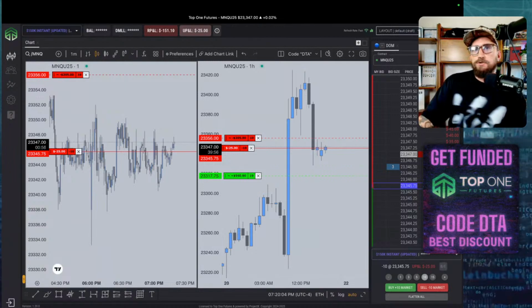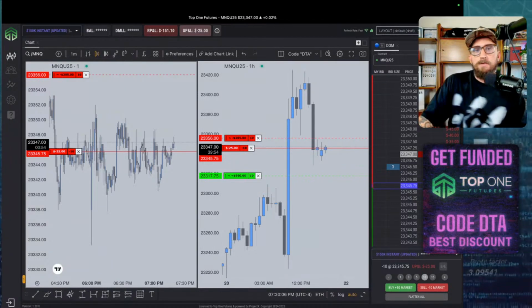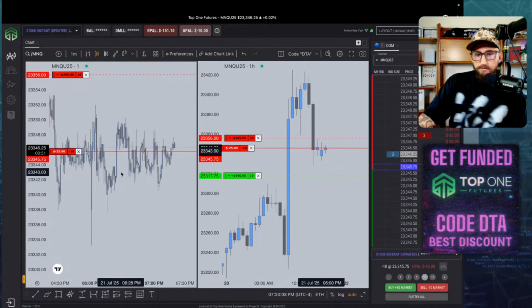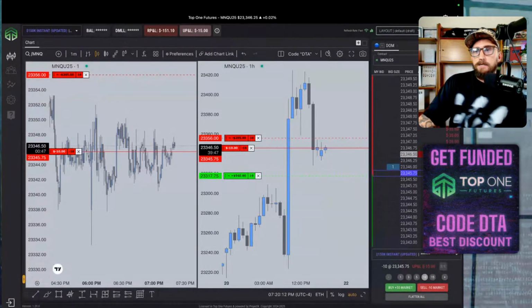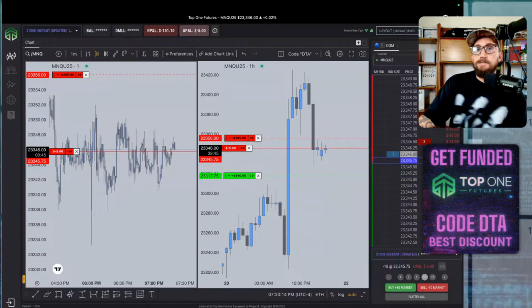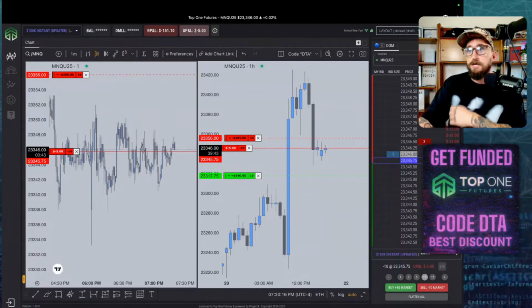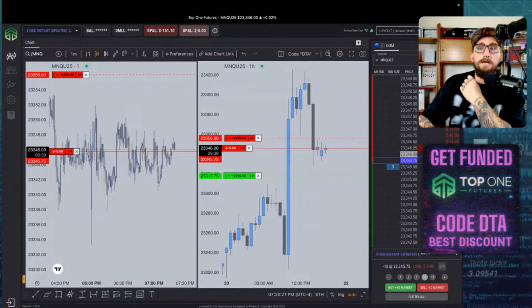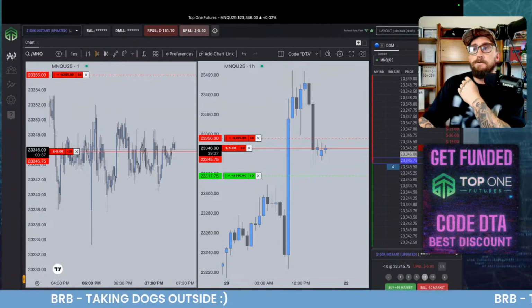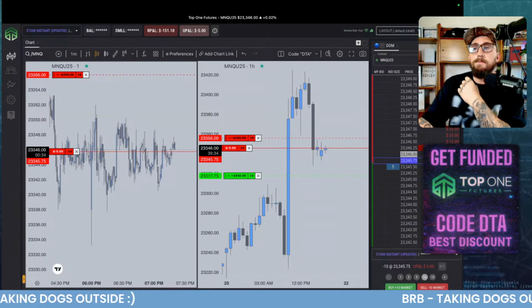All right, so I have a little trick. It works almost every single time. Basically, this is what you got to do. Whenever you're in a trade and it's not doing anything, all you got to do is walk away. And then when you come back, something's going to happen. It waits. There's like some sort of pressure sensor. As soon as you get up off the chair, it'll start moving. So I'm going to go ahead and let my dogs go out into the backyard. And I will be back and hopefully